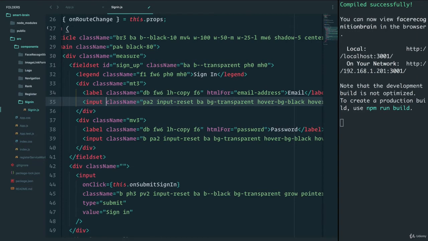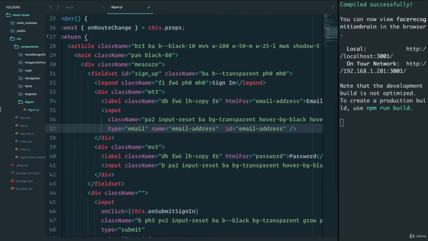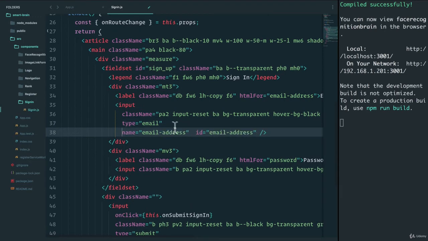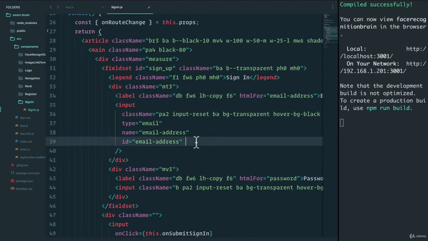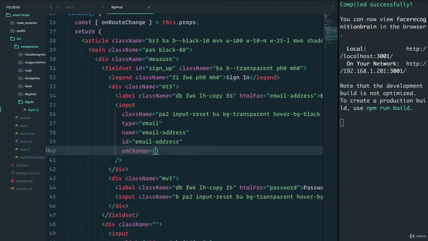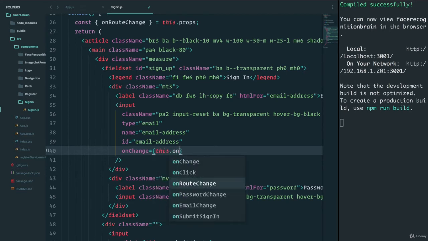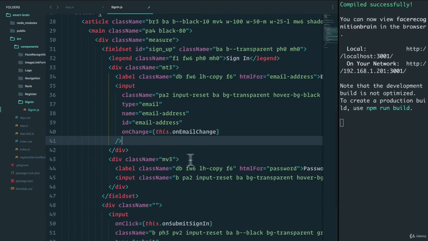And you know what? Let's add these on new lines just so it's cleaner. Otherwise, it can get pretty messy. There you go. And now I can say onChange, and onChange will take this.onEmailChange because this is the email. And the next one